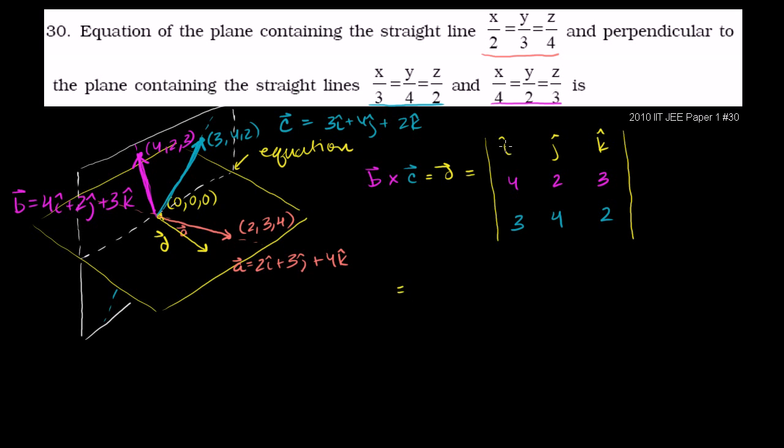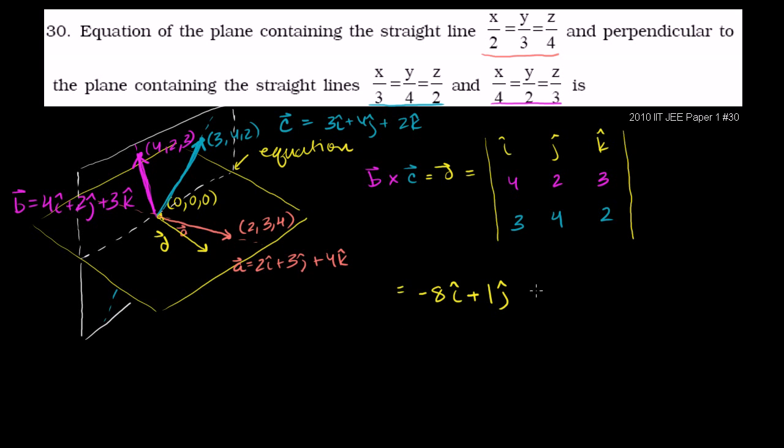let's think about it. So for i, you cross out that column, that row. It's 2 times 2 minus 3 times 4. So that's 4 minus 12, so it's negative 8. Negative 8 times i, minus, remember you have to swap signs. You go plus, minus, plus when you're taking the determinant. So you ignore the j. So it's 4 times 2, which is 8, minus 3 times 3, which is 9, so negative 1. So this would be a negative 1 here, but I already have a negative out there, so it's going to be plus 1